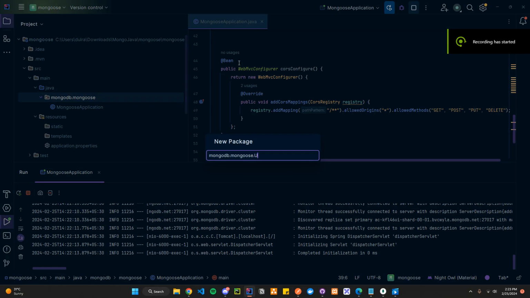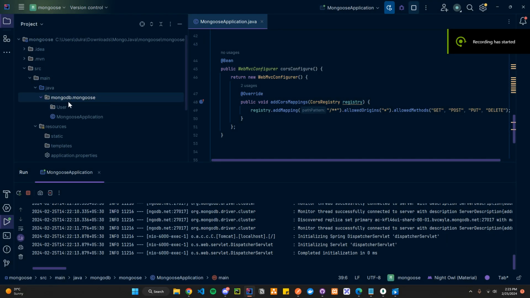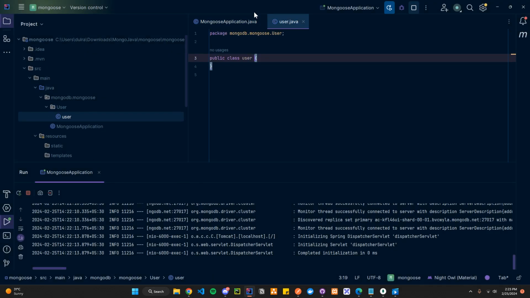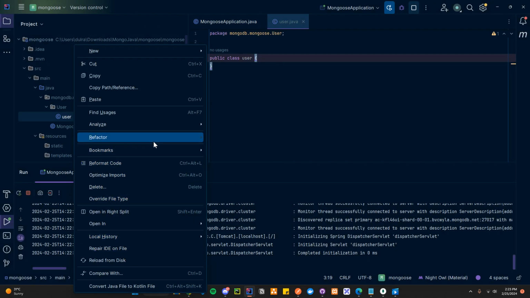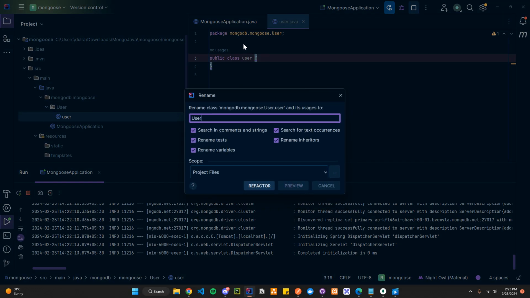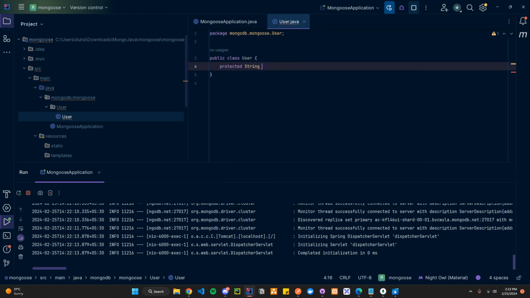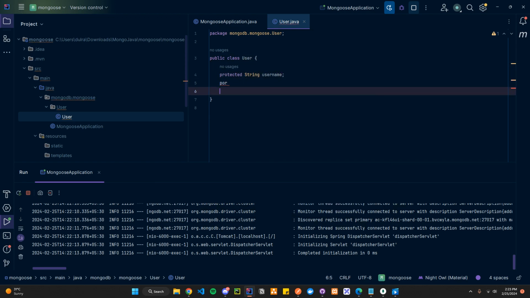We're going to create a package called user, and then I'm just going to create a class called user. I just misspelled it. Anyway, let's go ahead and make a username, and then also go ahead and make the